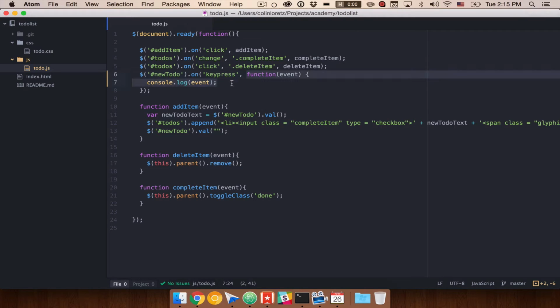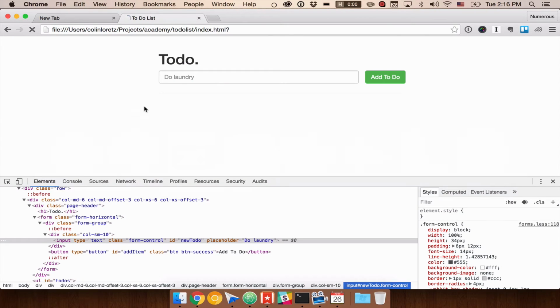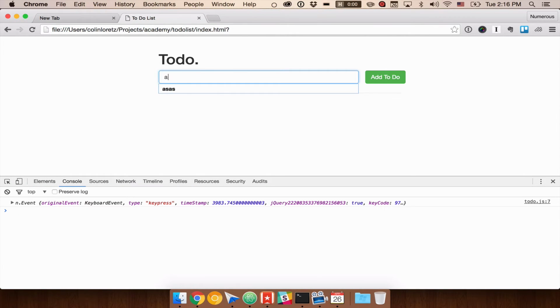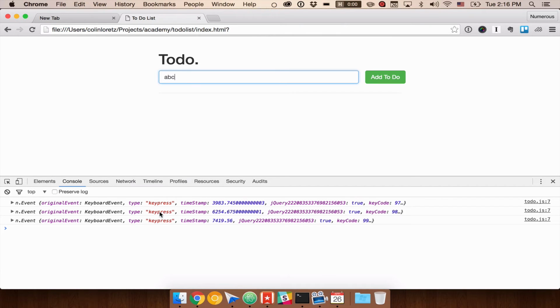So in this case, the event is going to be which key, what time, all these other elements that we care about so that you know when you pressed a key. If we output this to the console, we can take a look at what is going on. So let's pull up our console. Let's type in A. There's an event. Here's B and C. So you can see that there's a type of key press, a timestamp, and a bunch